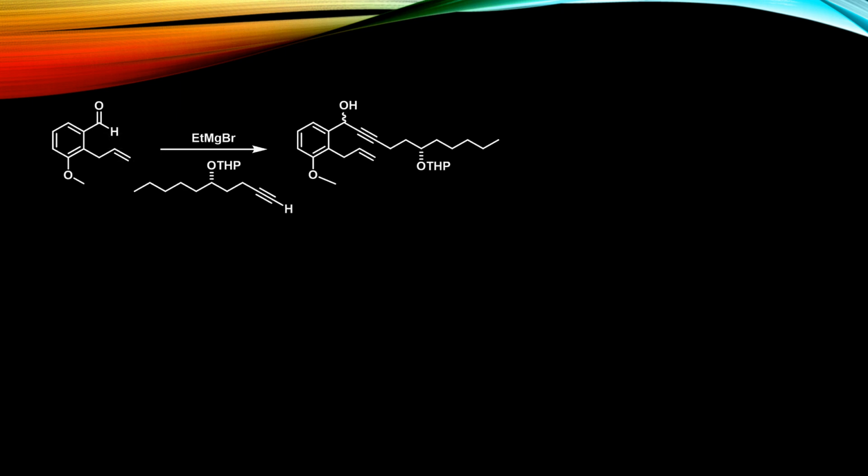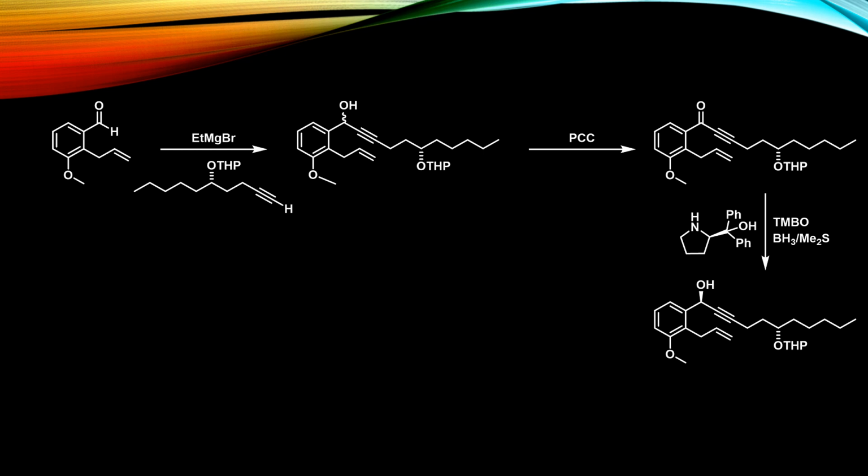This fragment was then reacted with a Grignard reagent to undergo metal-hydrogen exchange on the terminal position of the alkyne, which subsequently attacked the aldehyde group, forming an alcohol in the process. This will give a mixture of diastereoisomers, as the addition of the alkyne to the aldehyde will have no stereochemical preference. The alcohol was oxidized back to the ketone, and then a CBS reduction was used to install the correct